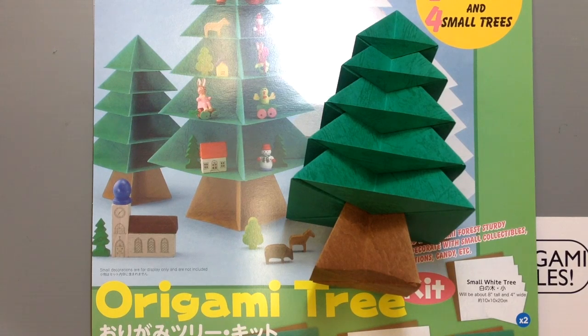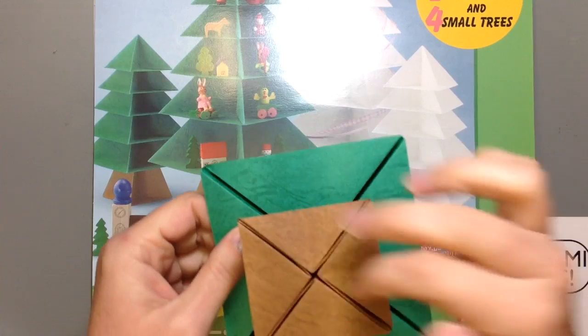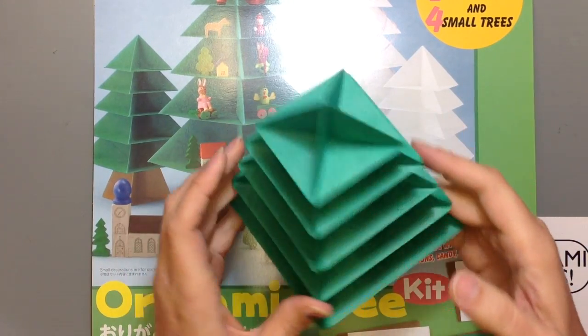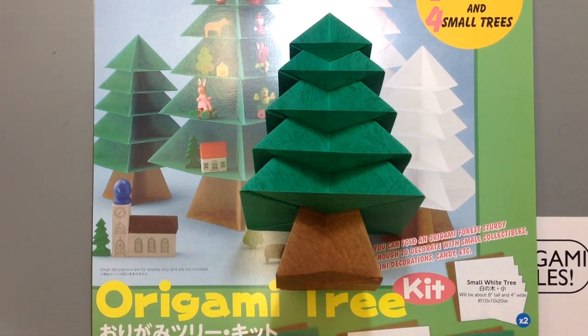And the origami is fun itself, and then to get to make some of these fun projects, it'd be a great way to get kids used to folding. I think the basic folds are pretty easy and beginners can handle it. It's just the assembly part that's a little hard, getting everything to tuck in here, getting these pieces to tuck in. That can be frustrating for little kids with tiny, fat fingers. They might get a little frustrated with that. But if you have an adult or an older kid around to help out, it could be a lot of